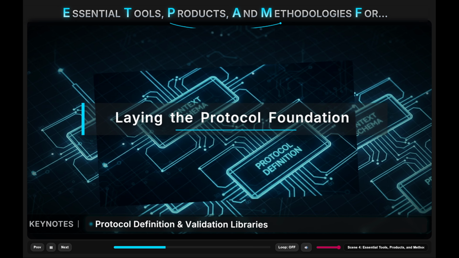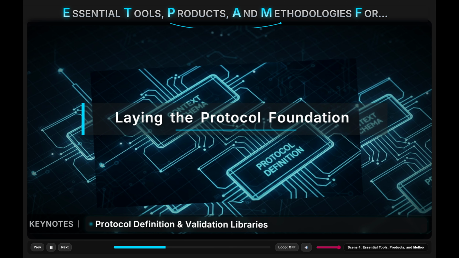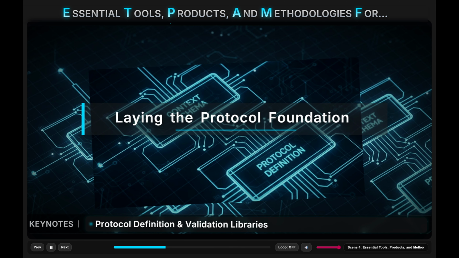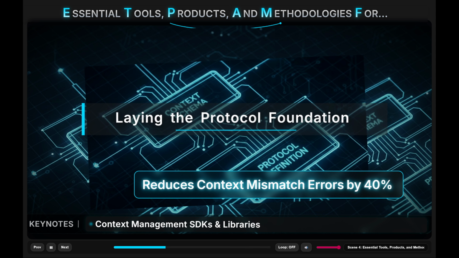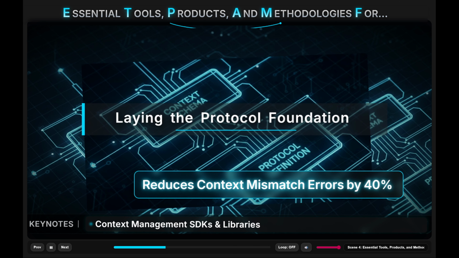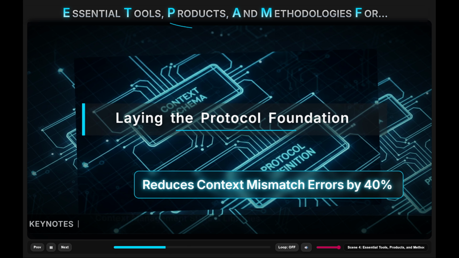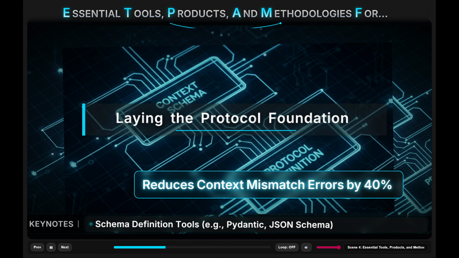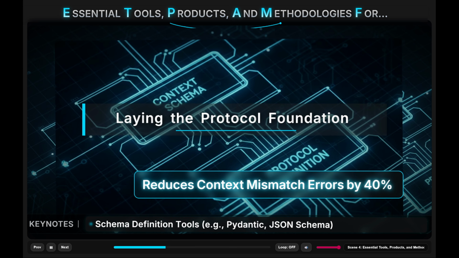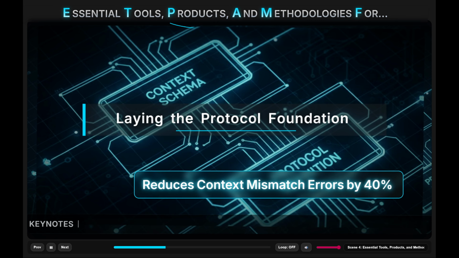At its heart, we're talking about dedicated SDKs and libraries for context management. These are the building blocks that allow your agents to define, share, and interpret their context. Think tools for schema definition, like Pydantic or JSON schema, which are absolutely crucial for ensuring that the data exchanged via MCP is consistent and validated. This moves us away from that chaotic, unstandardized landscape of ad hoc integrations, giving us a clear, machine-readable contract for